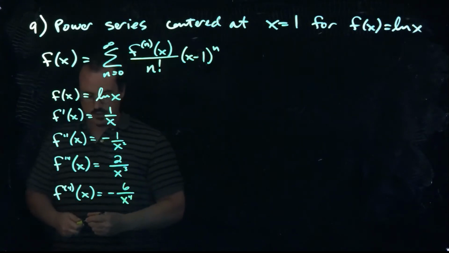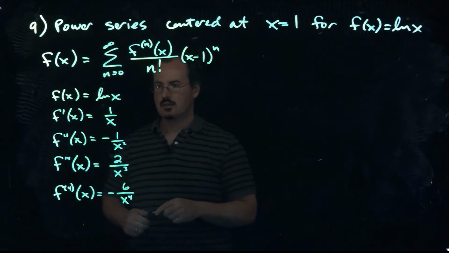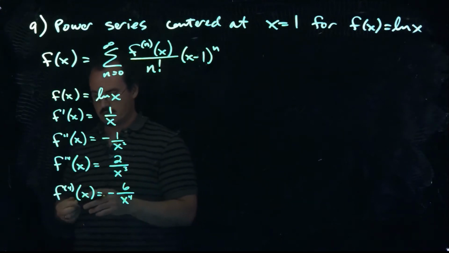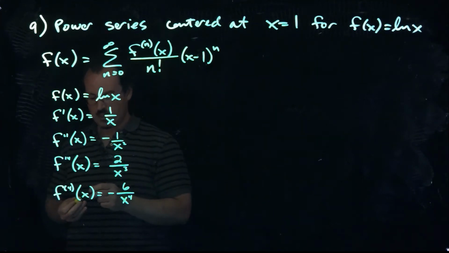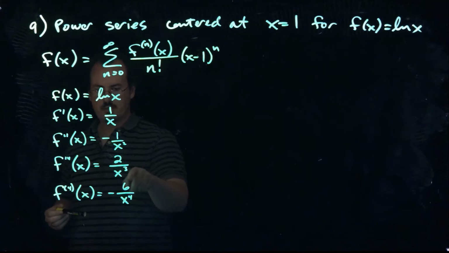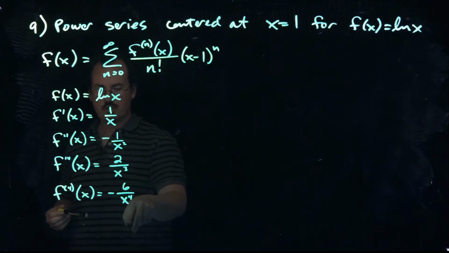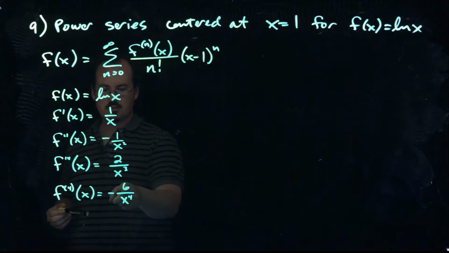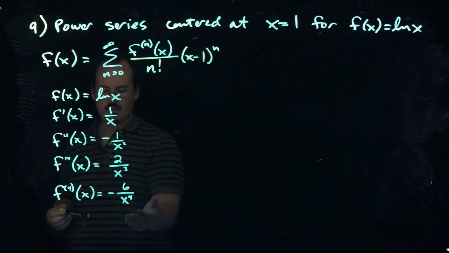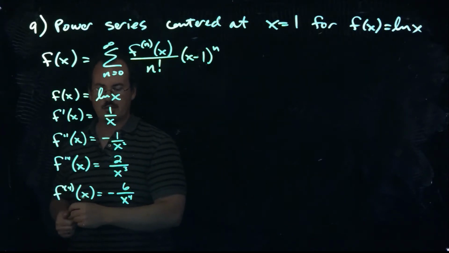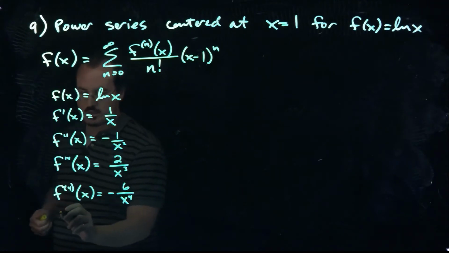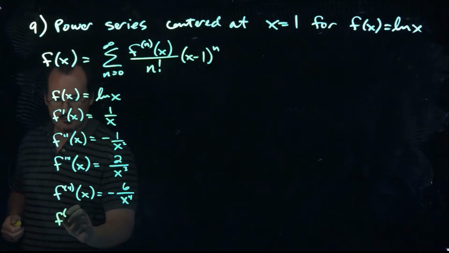And what we'll start to notice here is that these numbers in the numerator, well, first of all, they're alternating positive and negative. And if I were to continue this, I would get 6 times 4, that's 24. It's looking like 6 is 3 factorial, and there's a fourth derivative. If I do a fifth derivative, I would get 24, which is 4 factorial, and so on. So it seems that this number in the numerator is the factorial that is 1 less than the derivative that we're taking. So if we were to surmise a formula here for the nth derivative,